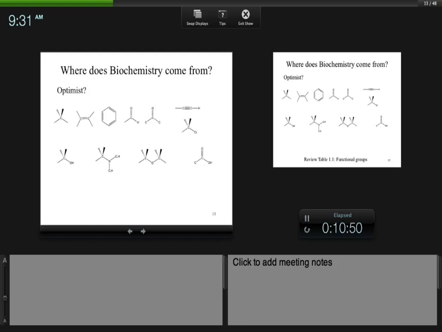It's all of our functional groups. Okay? It's how each of those individual functional groups interacts with other functional groups. And it's those interactions that drive biochemistry, that allow it to work and function. So what we need to be able to do is to look at these functional groups and be able to talk about them intelligently,